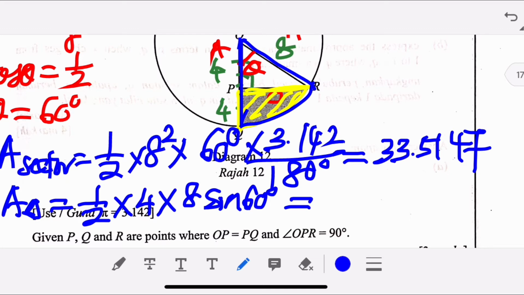And then this is 0.5 times 4 times 8 times sine 60 degrees. We will get the answer which is